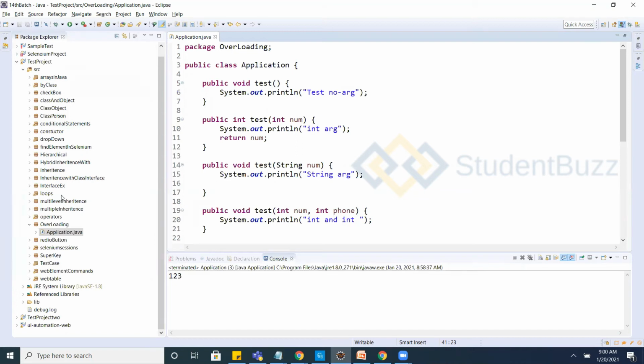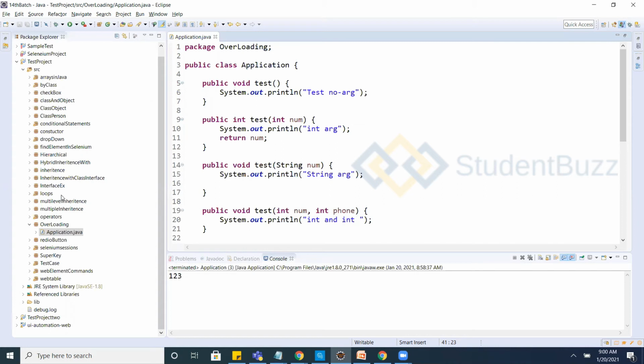Most of the people who are starting to learn Selenium fail on these questions. It's a little bit confusing concept. People will confuse the two, giving the overriding answer for overloading and the overloading answer for overriding.